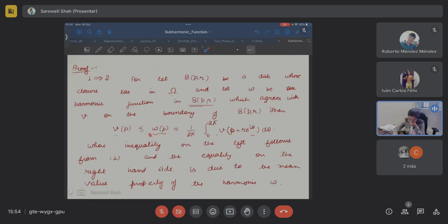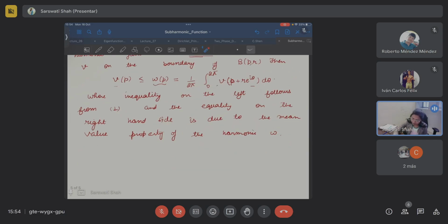So for this, since we are defining it in a closed disk, we can use the mean value theorem in the form of e^(i theta). So using the mean value theorem, we can write this, and then it will be simply